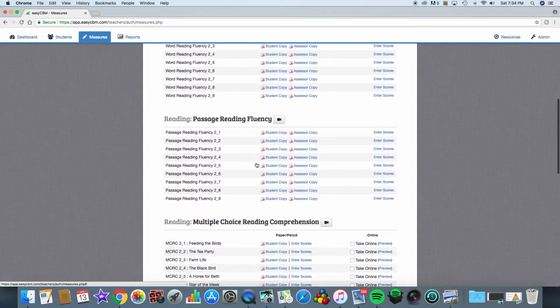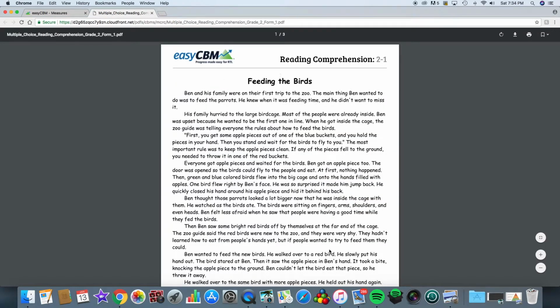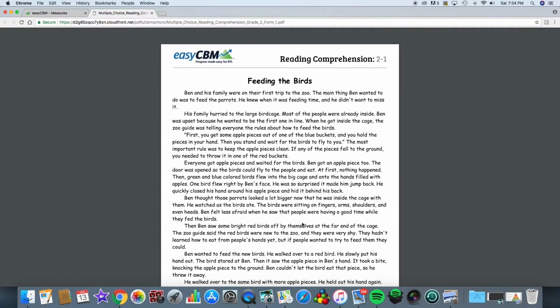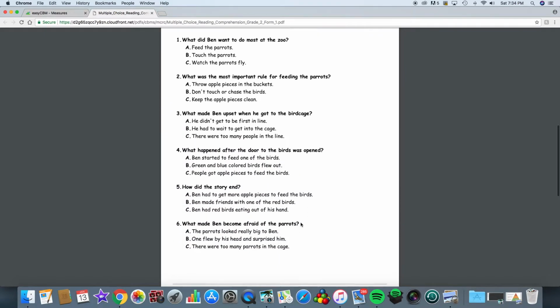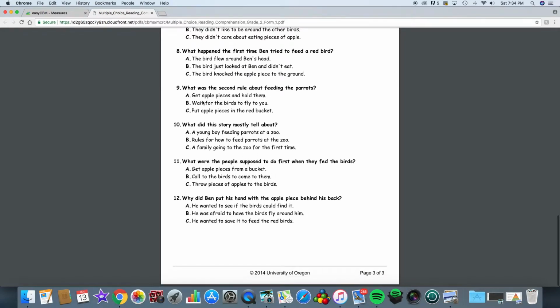And there's a couple of things that I want to show you with regards to reading specifically. The first thing is that I've been working on reading comprehension with this student, so I'm going to use the Easy CBM reading comprehension materials that they have. If I click on student copy, it comes up with the reading passage. So this is the research-based piece that I give to the student. They're going to go ahead and read it. They'll answer the questions, and then I'll go ahead and grade it based on what they answered right and what